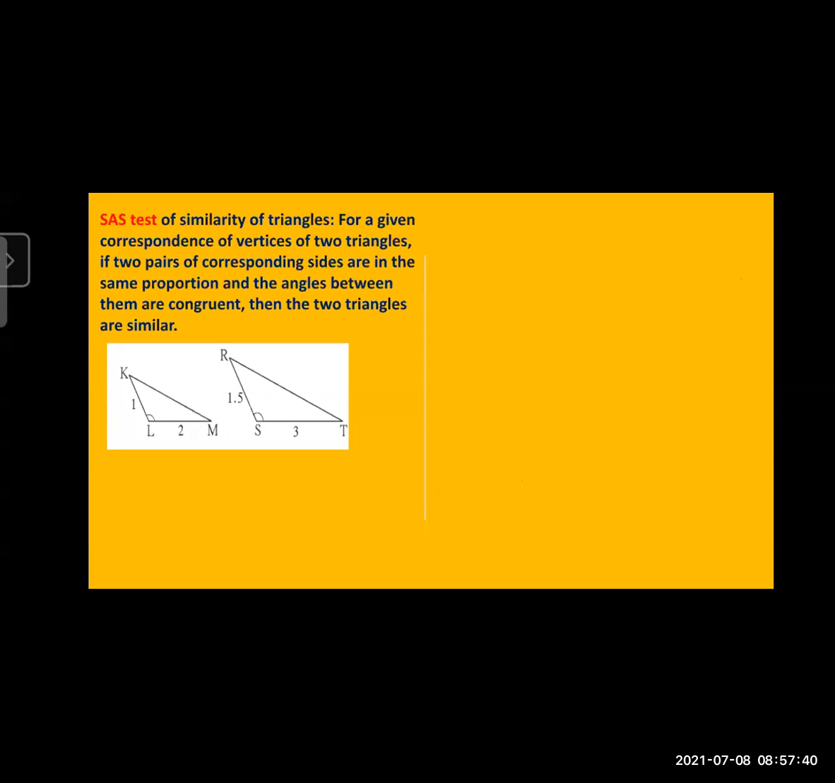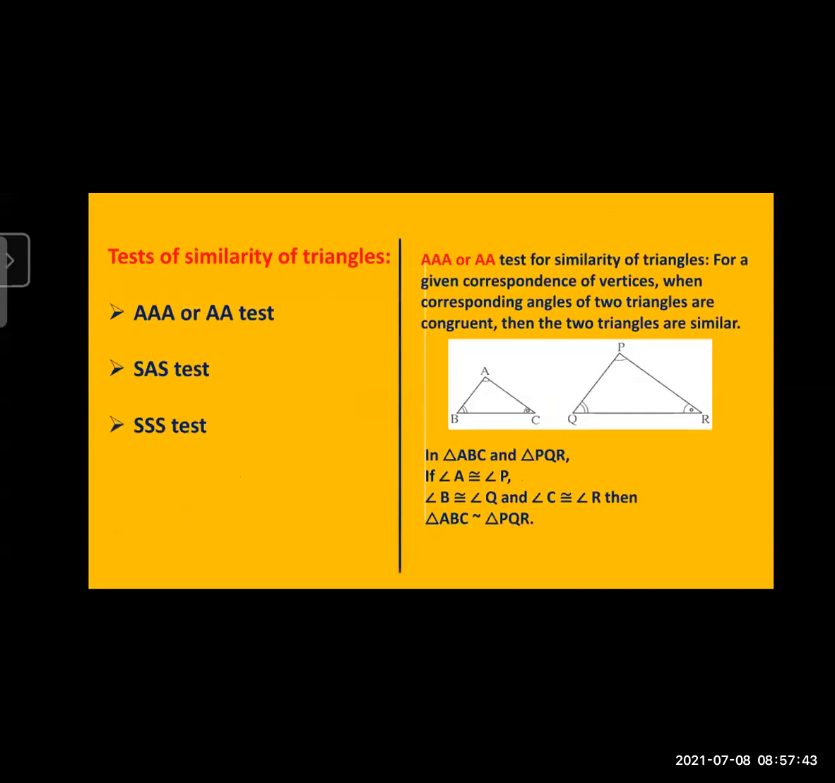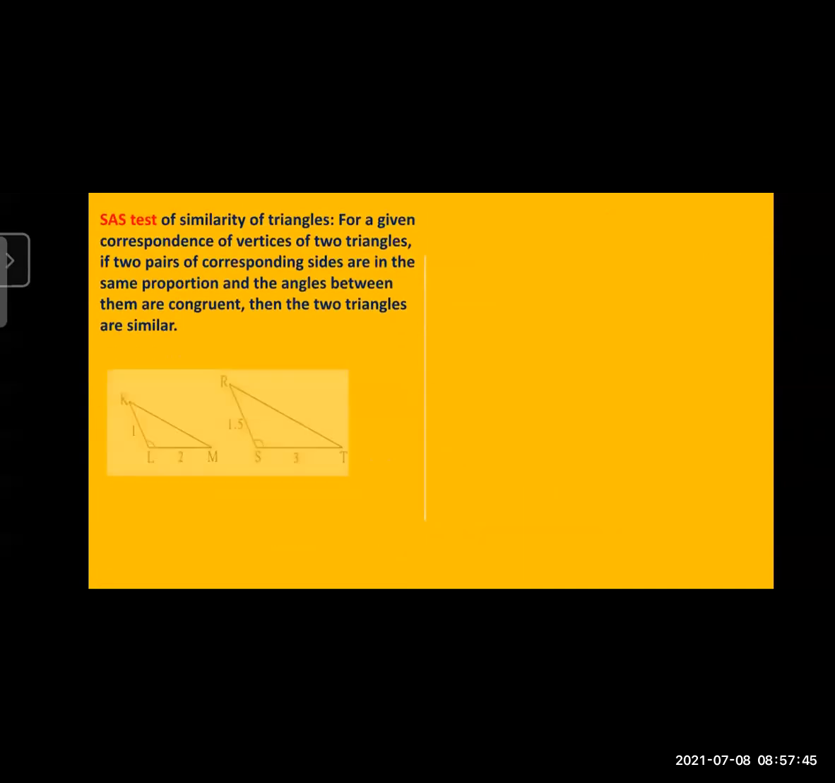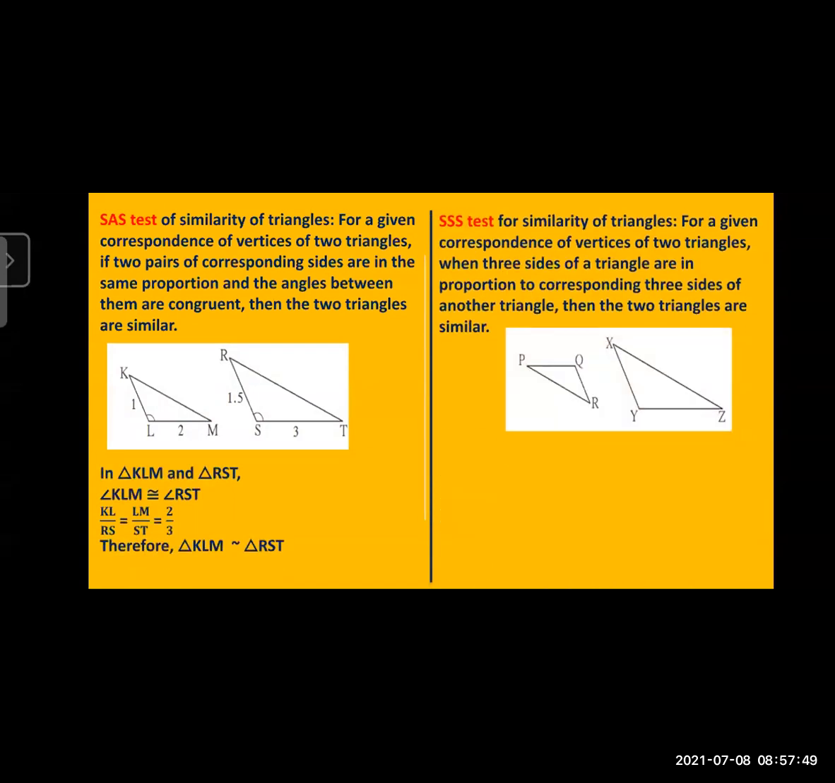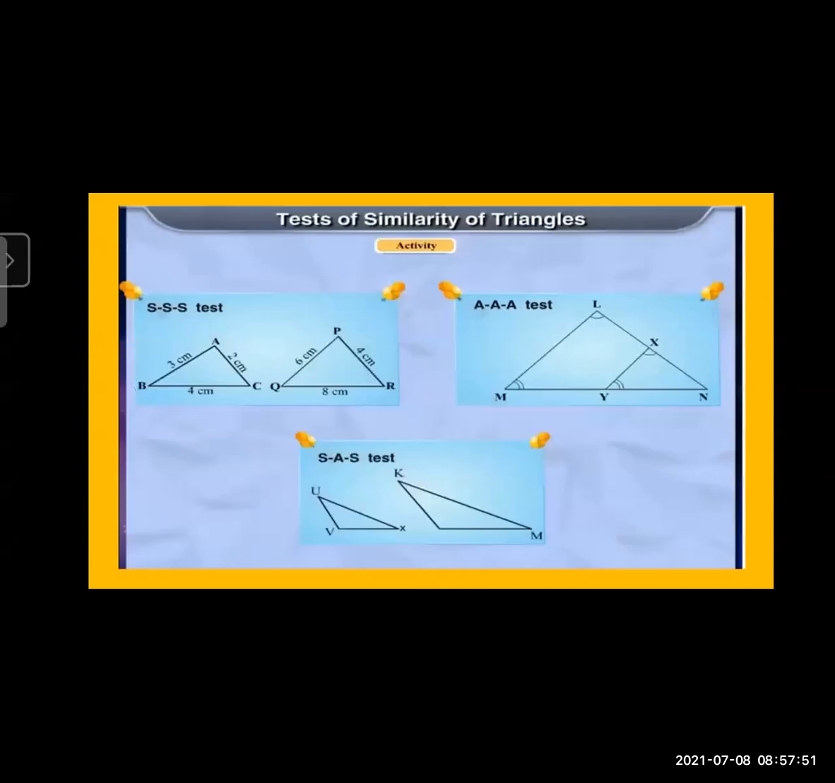First one is the angle test. Second one is the SAS test. And the third one is the side test. Okay. So see here, one activity is here, similarity of triangle. So see in the figure,